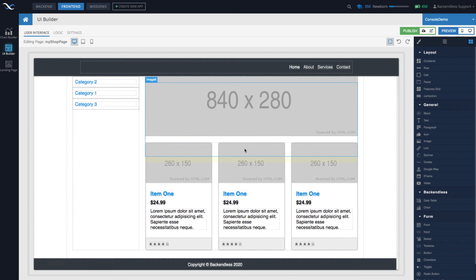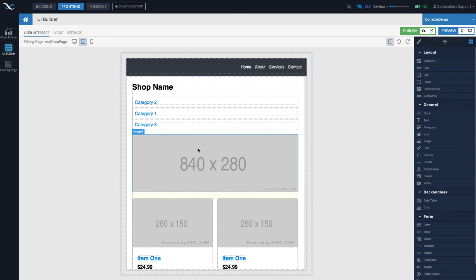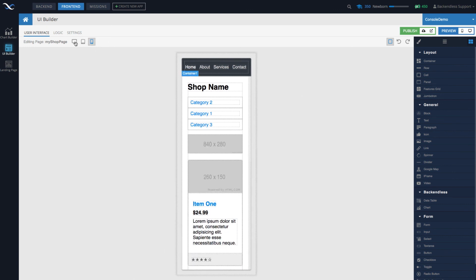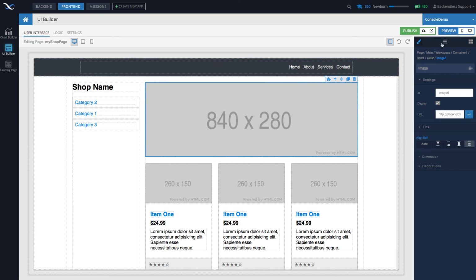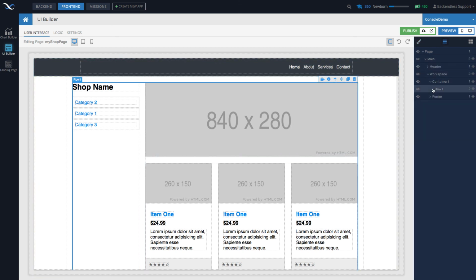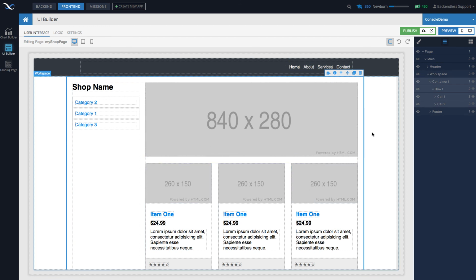And now this is a somewhat different layout where you have the menu on one side and you have the details on the other side. It changes somewhat when you switch between tablet and the phone. And once again, the same basic rules that we had. So for instance, select one, switch to the tree, and inside of the tree you can actually see how it is structured. So we have here 2 cells. You see this is the cell for the menu, and then this is the cell for all the content, and they are inside of the container. So this is the container, the whole area, and then that container is sitting inside of the workspace.